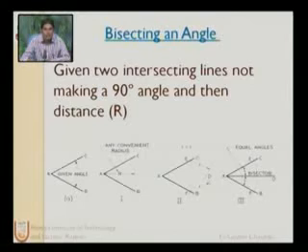Center. Draw a suitable arc, for example 20 mm, r is equal to 20 mm. So draw an arc of 20 mm to intersect AC and AB and get the points. Just give them the names E and F. So we now have two points, E and F, on lines AC and AB.